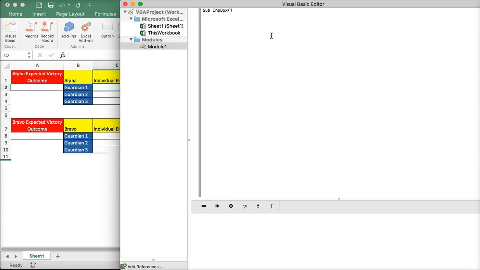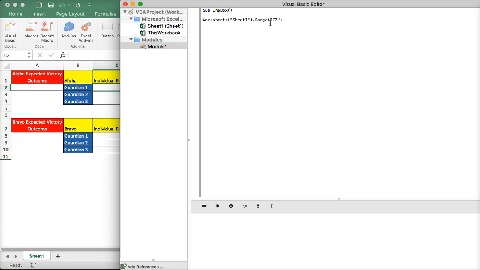One way to do this is to type out worksheets, and we're calling on sheet 1. I'm going to keep the name of this sheet the same. So the address of this cell is the following line I'm going to write. It's in worksheet 1, and we're calling upon range C2,